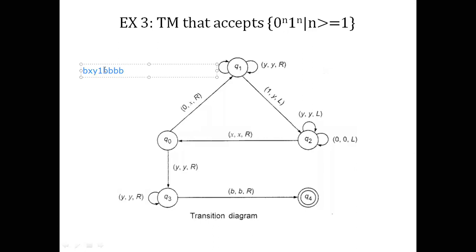I'll search for a 1 corresponding to the 0 that I have read. So I'll search for the 1 by moving in the right direction, and I'll replace it by Y. Then again this process will be continued. That means the machine will search for another 0 here. So in the search of zeros here, I won't find any zeros. So when I'm going back here, if at all there is a 0 and a 1, when I'm going back, I've replaced this 1 with Y, and I'm going back.